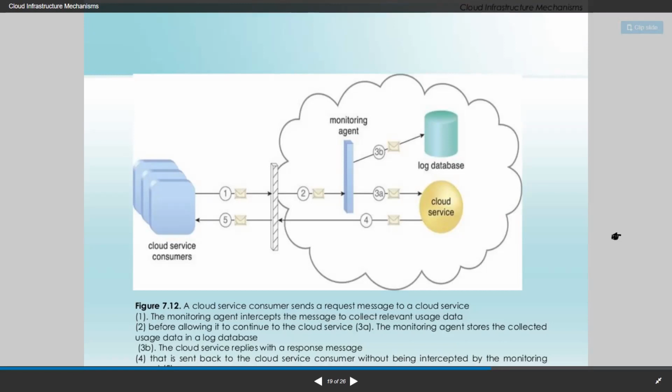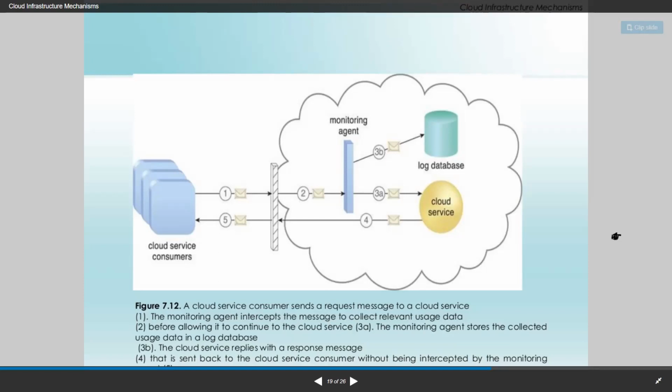So whenever you are talking about the monitoring agent, it undergoes this series of steps. There will be one cloud consumer and a cloud provider, the service provider, which is always constant. The log database will help you log all the information related to your logging activities, tracking of your services, and tracking of your data and how you have used it.